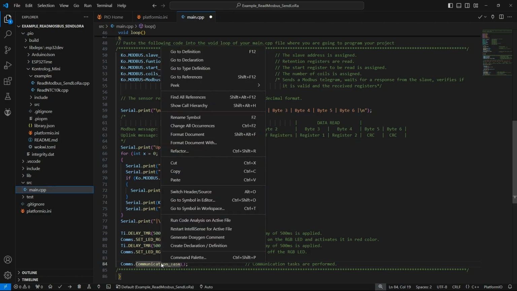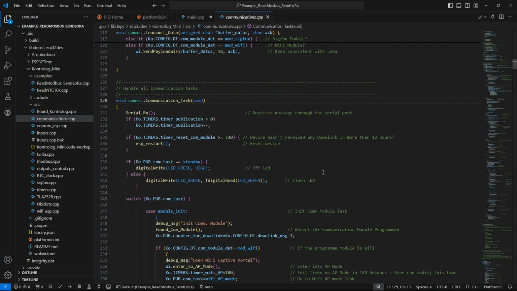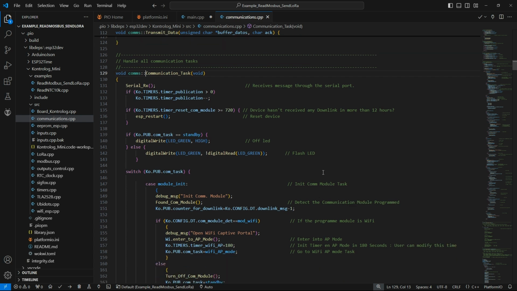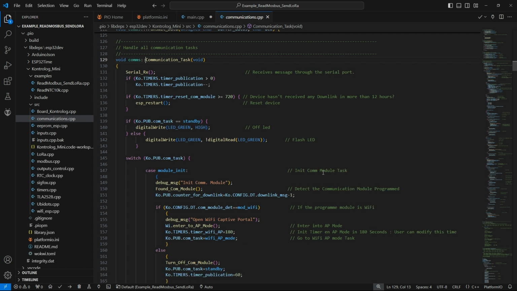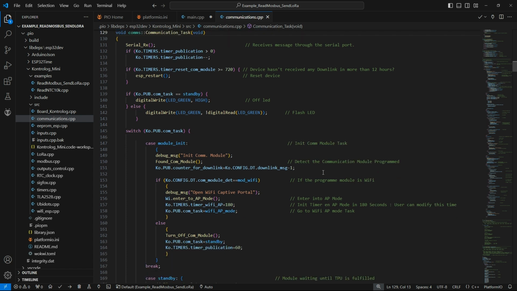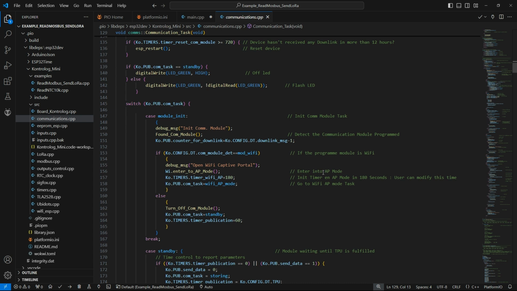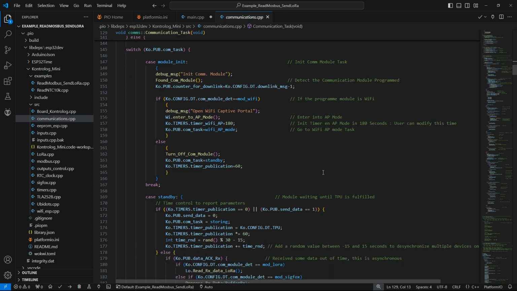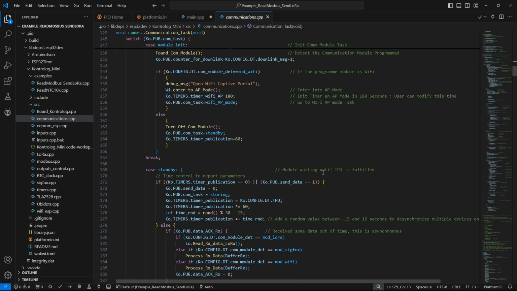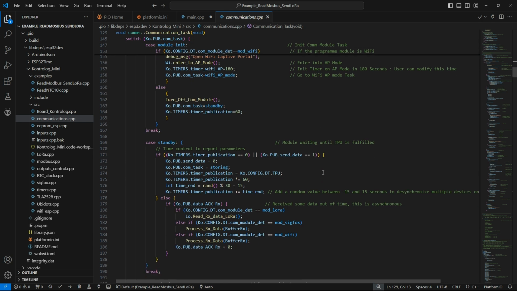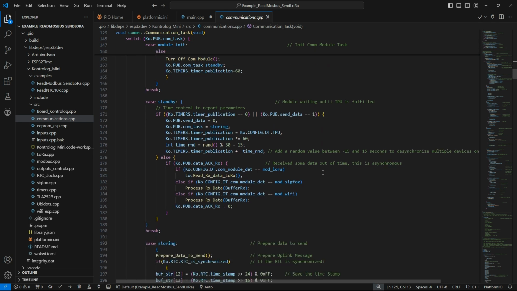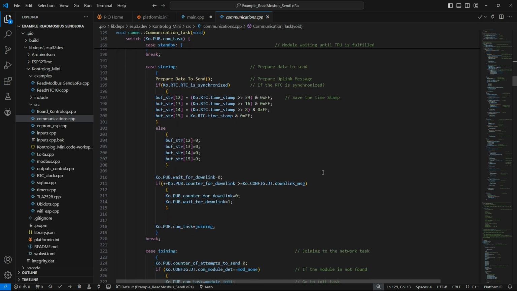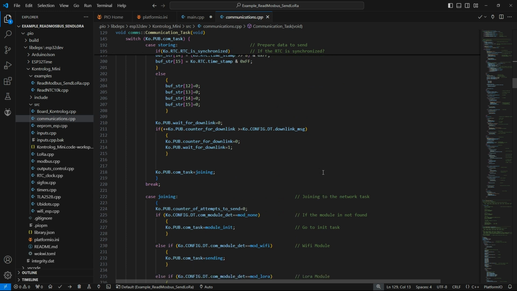When going through this function, you will find that a state machine is used to manage the device's communication tasks, controlling the state of the modules, Wi-Fi, LoRa, and Sigfox, and their transition between different phases. In module init, the module is initialized and, depending on whether it is Wi-Fi, it opens a captive portal or shuts down to go into standby. In standby, the device waits to send or receive data, and if necessary, goes to the storing task to prepare the data.